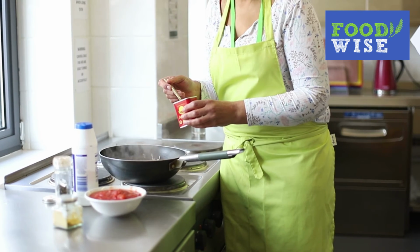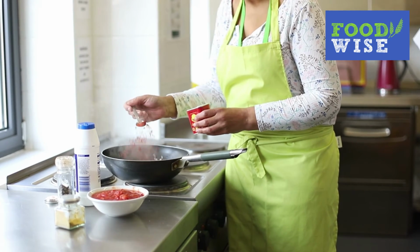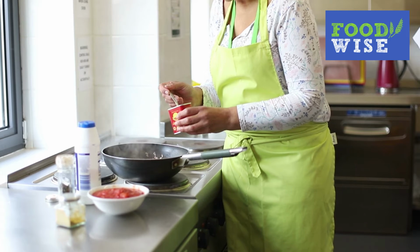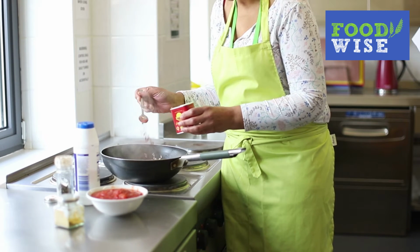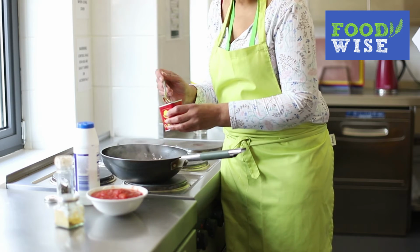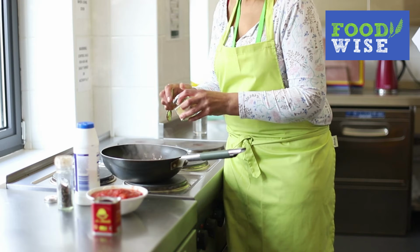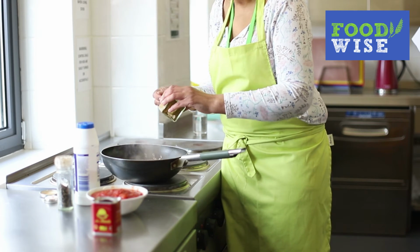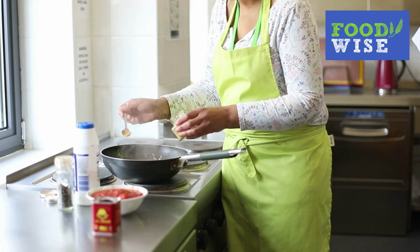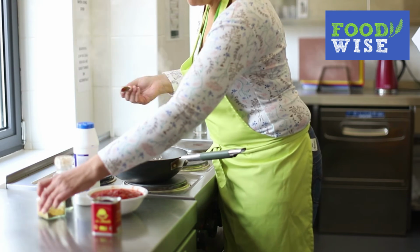To add the heat and smokiness, I'm going to add a teaspoon of smoked paprika. Obviously, if you wanted to add some chili as well to get really extra hot, you can do that. But today I'm going to restrain myself. Also, a little bit of cumin. It's part of Mexican cuisine, adds flavour to it. About a teaspoon,